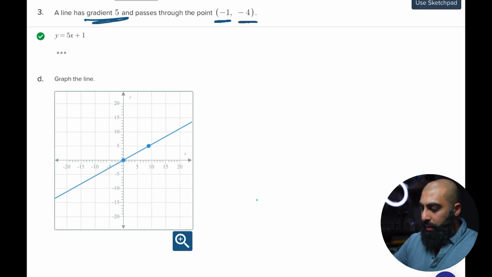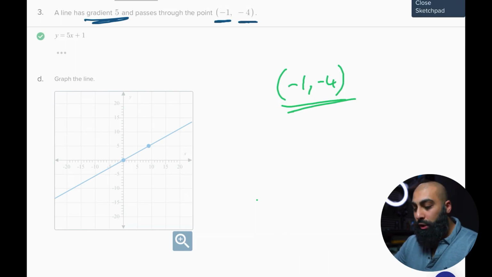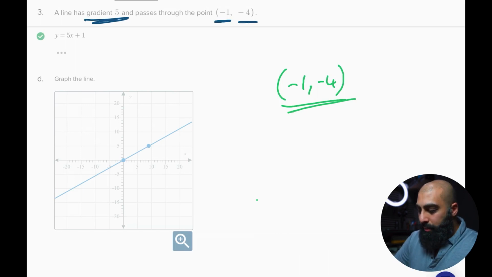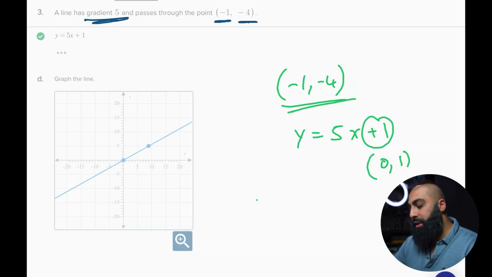Okay, part D says graph the line. Now we know a couple of things. We have a point of minus 1, minus 4. We can use that point. And we also have the y-intercept. Remember our equation was y equals 5x plus 1. This is our y-intercept, so the point 0, 1. So we're going to use those 2 points, minus 1, minus 4, and then 0, 1 to draw the line